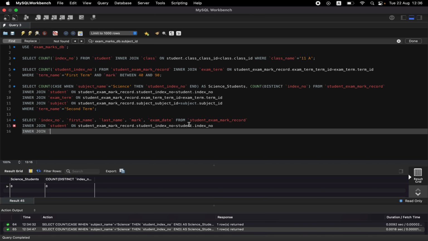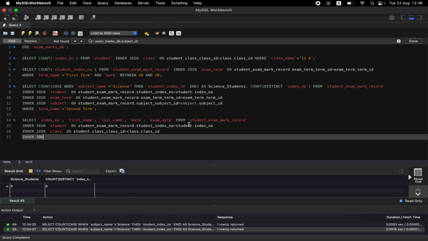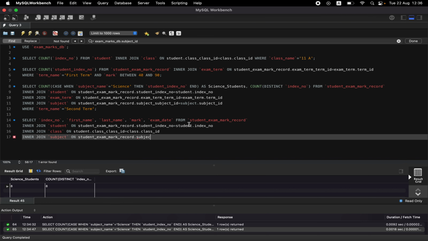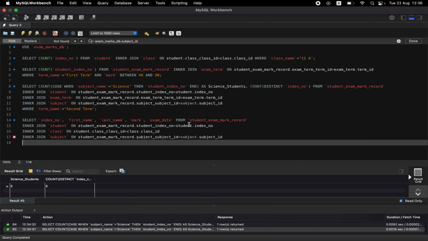Next I'm going to inner join the class table on student dot class id is equal to class dot class id, and inner join with the subject table on student exam mark record dot subject id is equals to subject dot subject id, and inner join exam term on student exam mark record dot exam term id is equals to exam term table id,